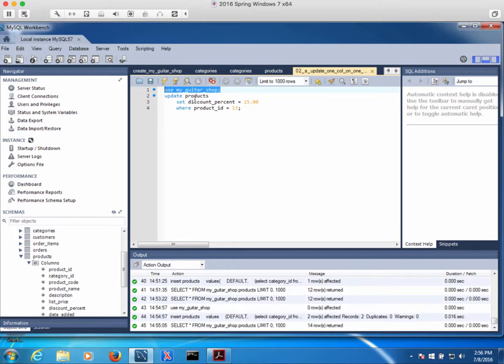And now I'm saying update my products, that's the name of the table, set discount percent equals 15. Okay, so discount percent is a column and I'm giving it a new value, 15. I think it was originally 10. We'll look before we run it. And we say where product ID equals 13. And again, is it okay to hard code the product ID? Yeah, it is. Because in the real world,